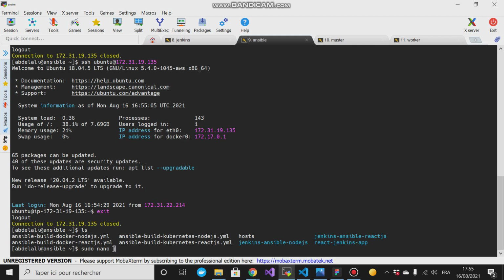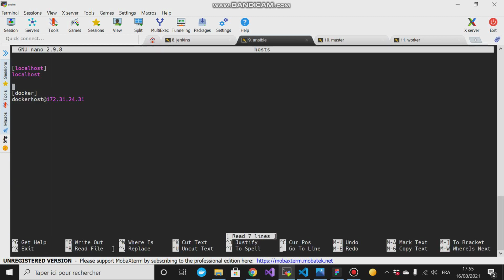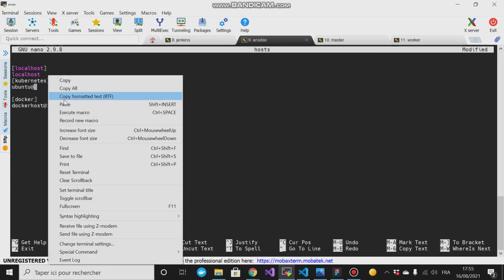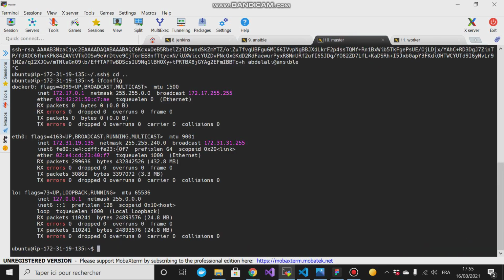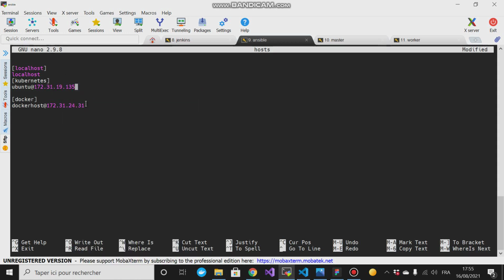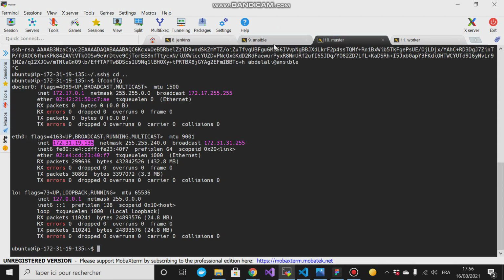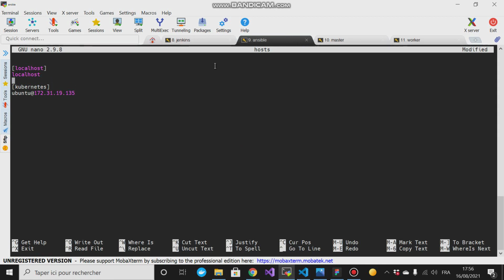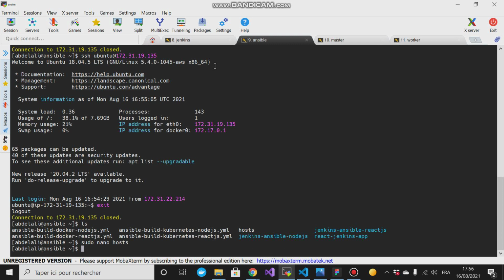Modify the hosts file, and here I will add another group, call it kubernetes, right? And here ubuntu, and paste the IP address of our master node here. Try to remove this because we are not using that in this lab. Yes. And if I try here to check that and type ansible all -m ping,